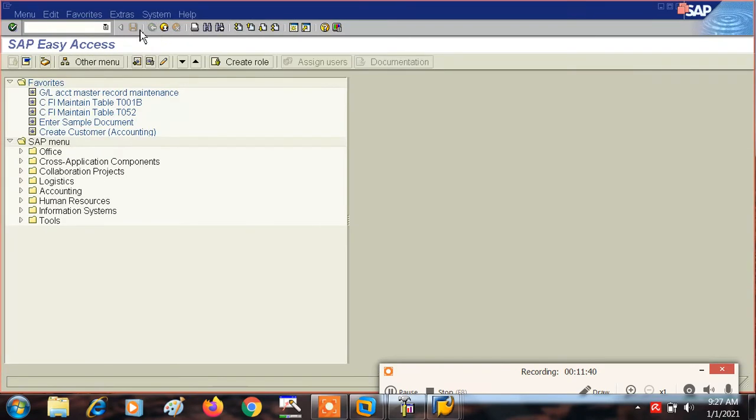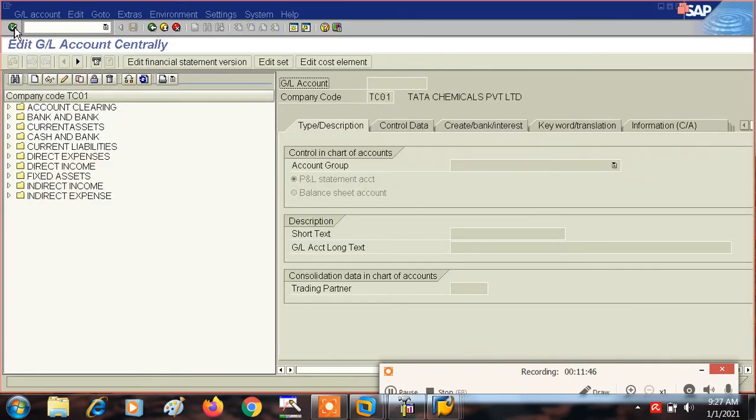And if we talk about centrally, that is FS00, see, under this T code, we have all the tabs, all 5 tabs under this T code, right? So if we want to create our general ledger account centrally, that means we are going to create our general ledger accounts under both chart of account and company code level, right? So this is what I had to show you in this, and very soon I'm going to create my video upon general ledger accounts, and in that video I'm going to show you in all the details, right?